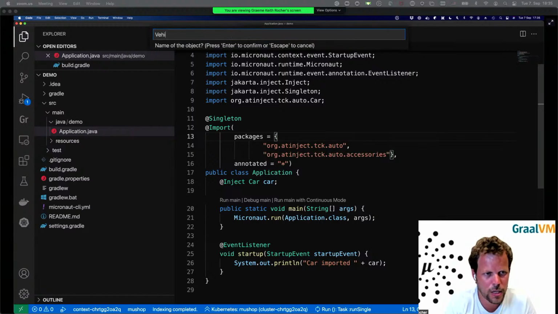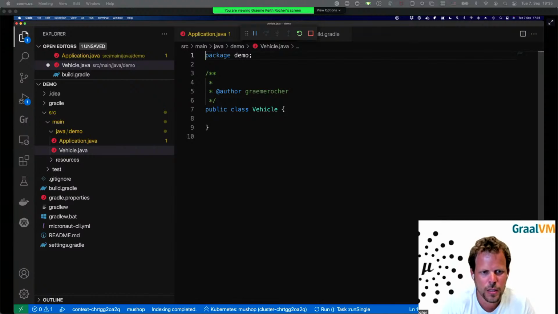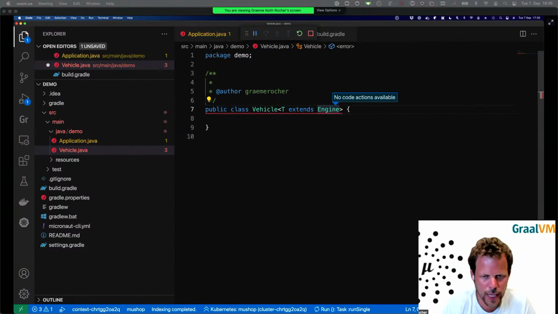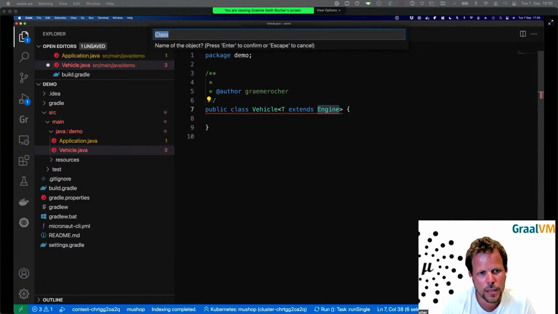Let me say you had a vehicle class here, and it accepted a generic type T, which extends from Engine, and we don't have an engine class, but we can create one. So let's do Engine,